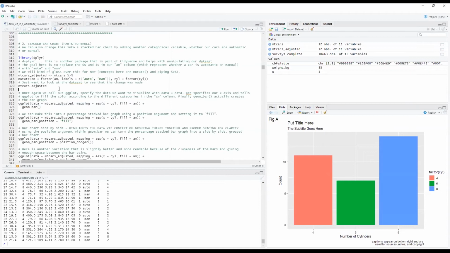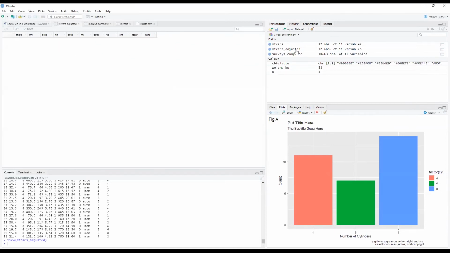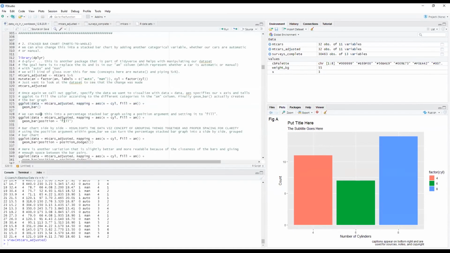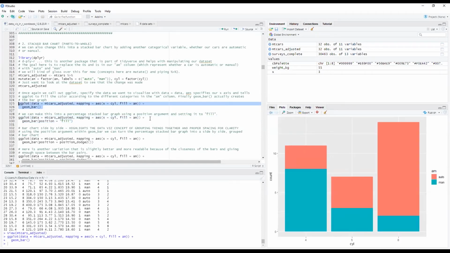So here in our adjusted data, I'm going to just take a look at it. This is the change that I made in the AM column. It's basically changed those zeros and ones to manual or automatic. And when I go back here, I want to create a stacked bar chart. The key difference that I make here is that right here, I'm going to fill in my mapping equals aesthetics.